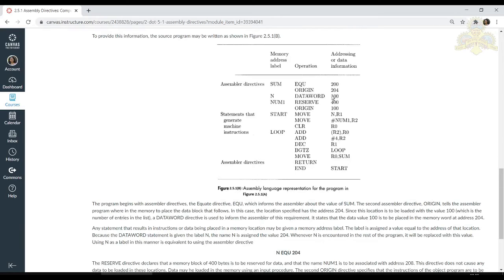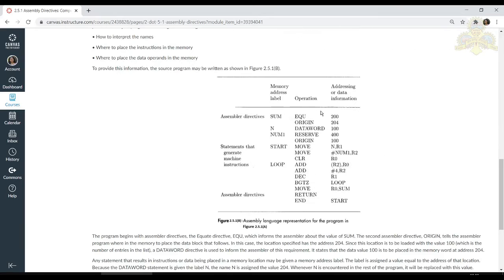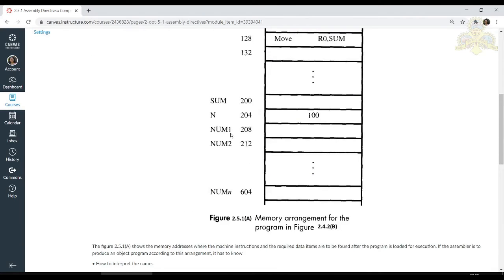What this does is that the data word tells how many numbers you want to add. Suppose 100, right? So here n is given as 100, which means we have to add 100 numbers. Next we have num1 reserve 400. Now what does it do? From num1 you have to reserve 400 bytes.